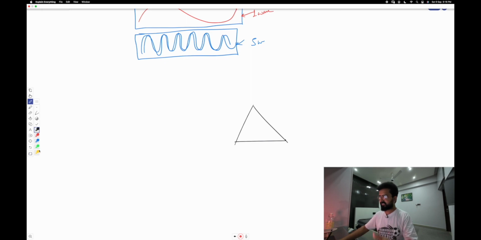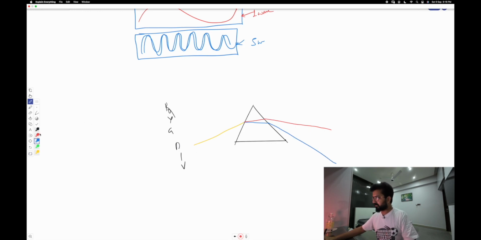So what do you mean by white light? It contains all V, I, B, G, Y, O, R. Okay, so if this is the bending of a violet light, that is the bending of a red light, because red bends lesser than violet. Similarly, if this is how the red bends away from the normal when it emerges out in air, blue bends even more than red. So if I keep a screen here, on the screen I'm going to see a red